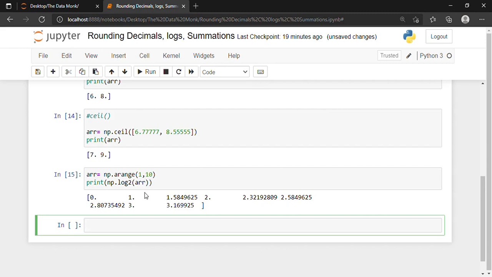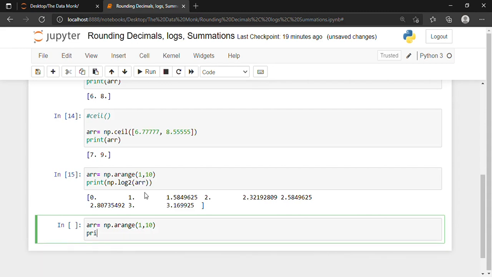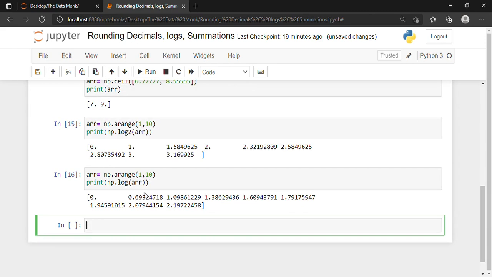So let's say arr is equal to np.arange 1 comma 10, and in the next line I'll be writing print np.log and arr, shift and enter.